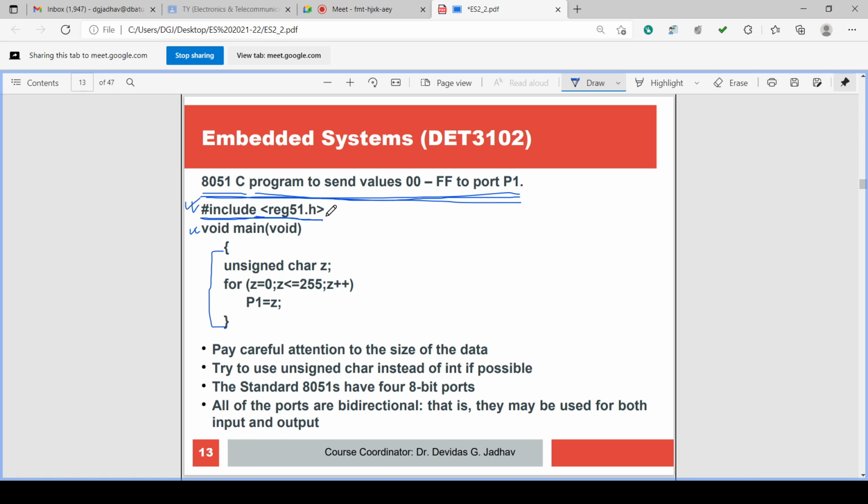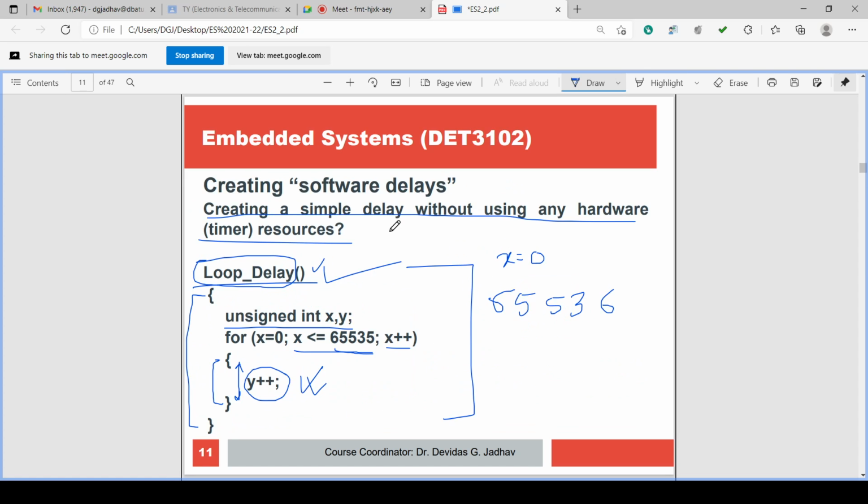In this way the header file can be included at the start of the program. So whatever definitions, assignments, constants, variable definitions and standard functions are there, those can be directly used in the program. This we have seen in the previous discussion.